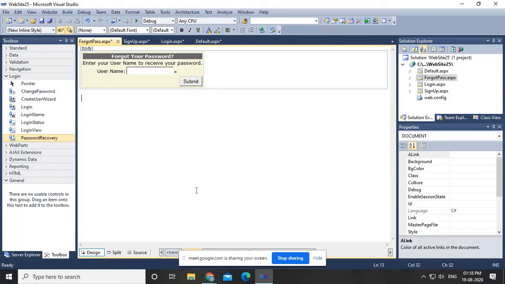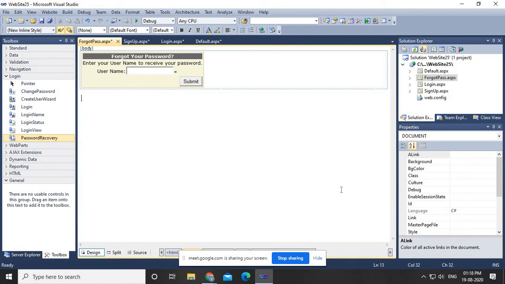Let's suppose at the end of the project you feel, okay sir, I just want to use this particular control, but I don't have that SMTP. Then fine, if you have a Gmail ID, if you have your account on Google, then we can use Google's SMTP in the project, right? So that can be done, right?